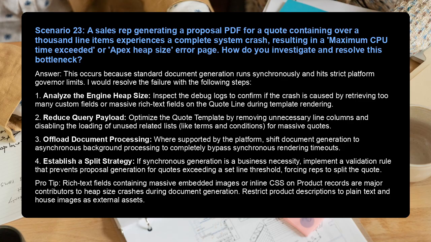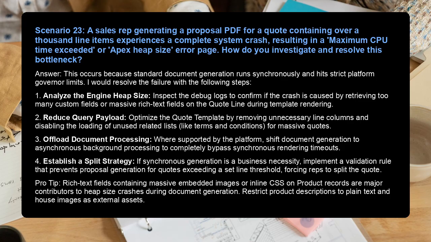1. Analyze the engine heap size. Inspect the debug logs to confirm if the crash is caused by retrieving too many custom fields or massive rich text fields on the quote line during template rendering. 2. Reduce query payload. Optimize the quote template by removing unnecessary line columns and disabling the loading of unused related lists like terms and conditions for massive quotes. 3. Offload document processing. Where supported by the platform, shift document generation to asynchronous background processing to completely bypass synchronous